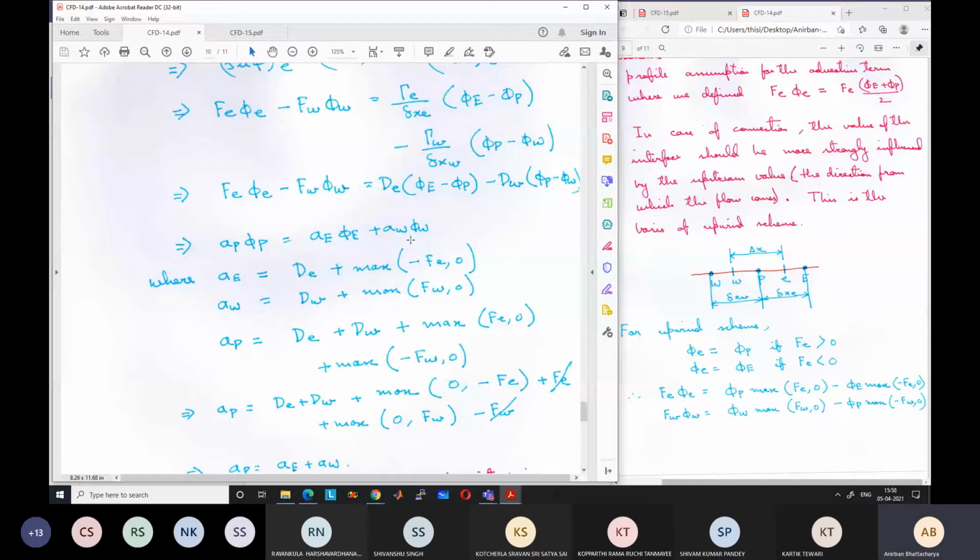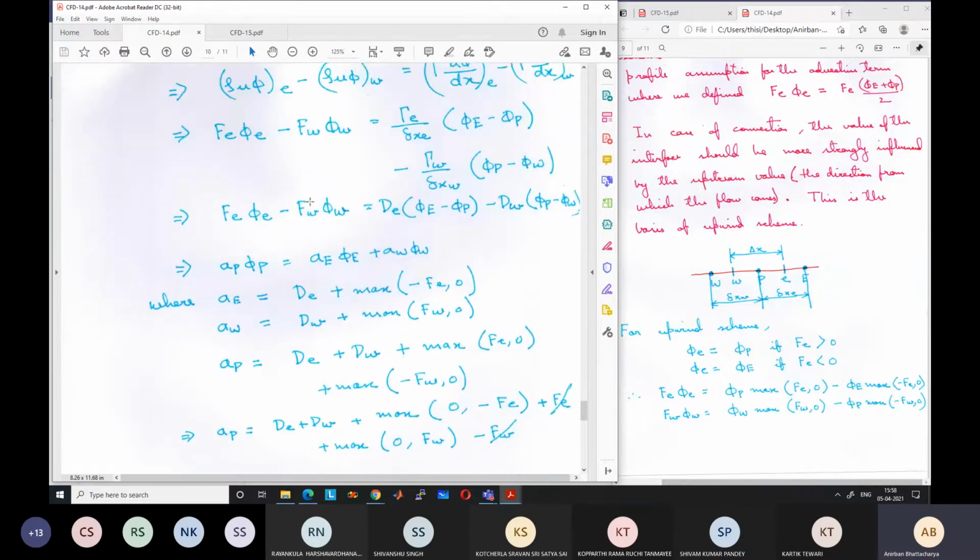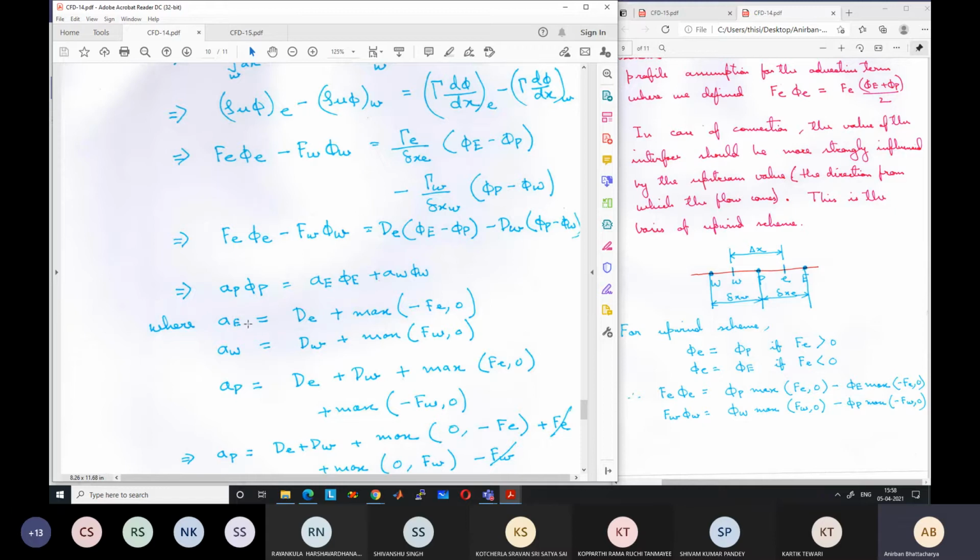The form of the equation remains the same. Only the values are going to change. So what will be the values? You can do it on your own later on. You can rewrite these expressions and rearrange them, and you will find that A is equal to D plus max